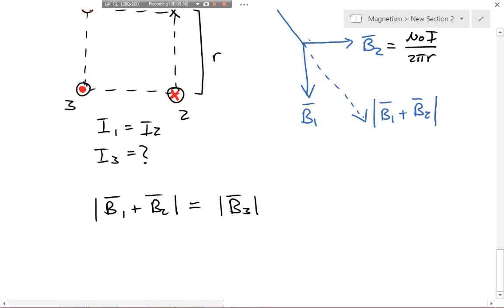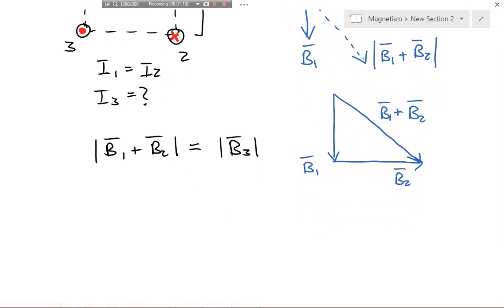So remember, to do this, we place the vectors head to tail. So here we have the magnetic field created by wire 1, which points down. The magnetic field created by wire 2 points towards the right. And the sum of these two points down and to the right like this, by connecting from the start of the two vectors to the end of the two vectors when we place them head to tail. So this is the sum of the magnetic field created by wire 1 plus the magnetic field created by wire 2. And so hopefully you can see that because this forms a right triangle,